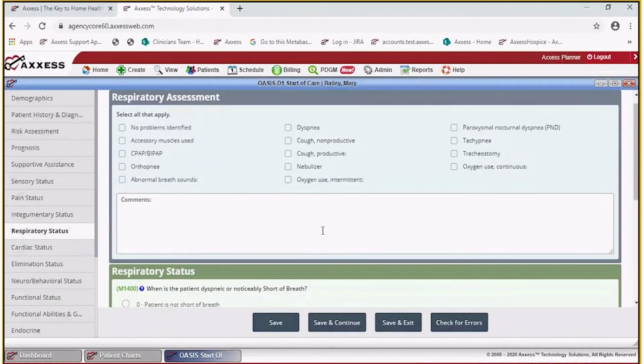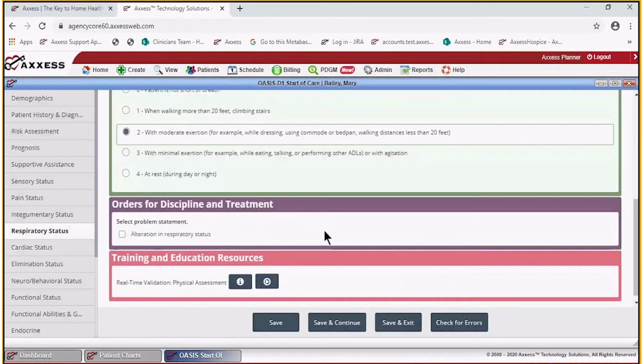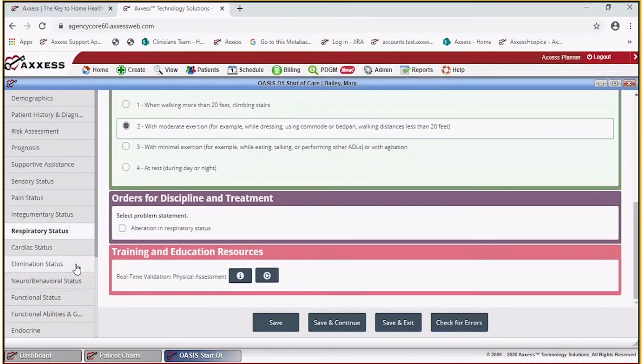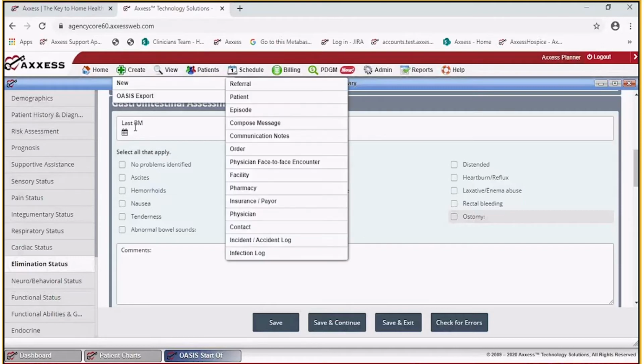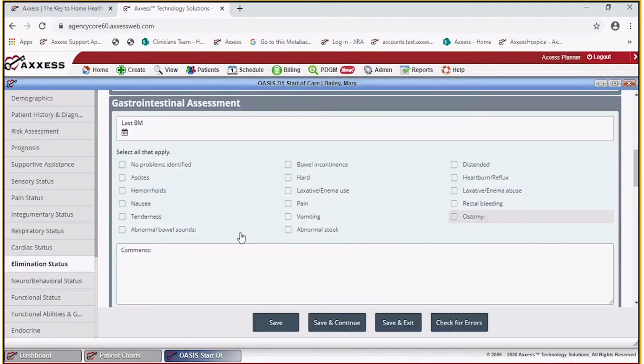Okay, and then let's move on through. I want to show you, I need to show you this. So when you load previous, there are things that are not going to be copied over to your new note, which are things that absolutely change every time, and that are your vital signs, your last bowel movement, for example. And then in your assessment sections, you'll notice in avoiding cognitive overload, we give you the streamlined view,